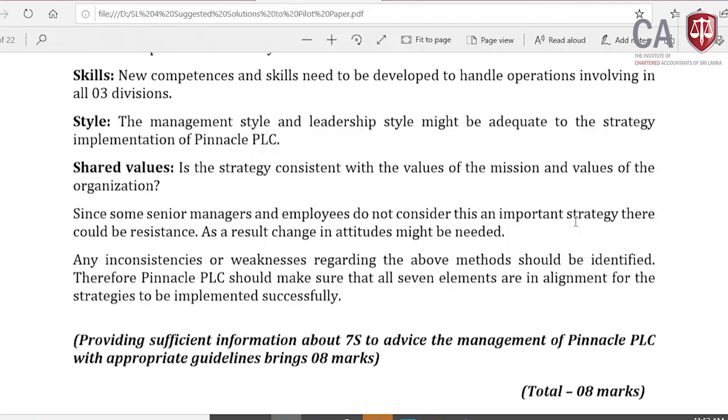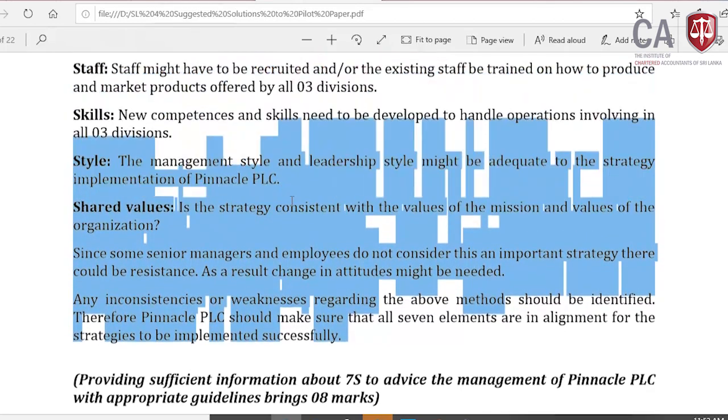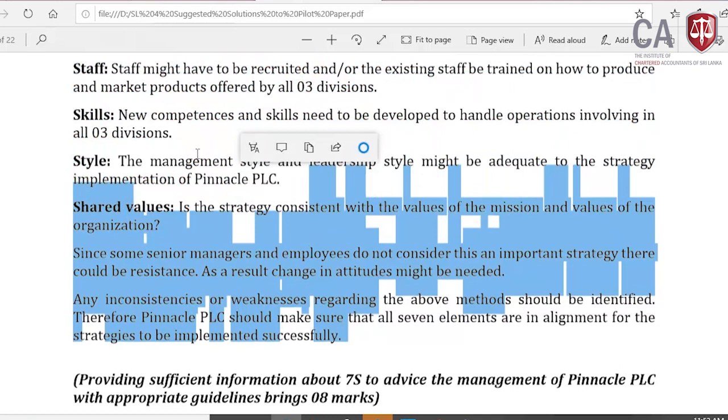Providing sufficient information about 7S to advise the management of Pinnacle PLC with the appropriate guidelines brings 8 marks. So, you can provide more information on this. I think that is not a difficult one. So, with that we can complete question number 3, which is based on the unseen part plus the pre-seen part. 50 marks were covered from